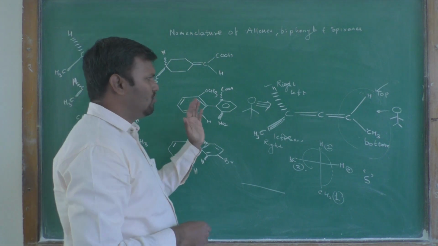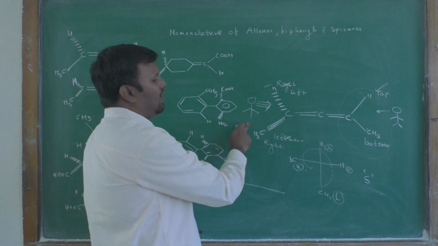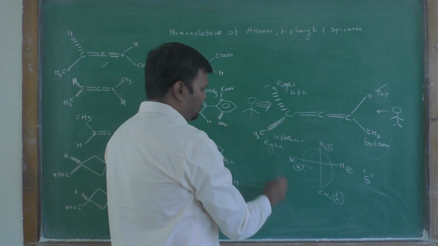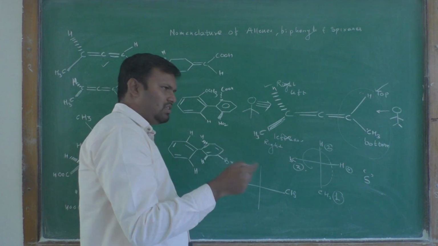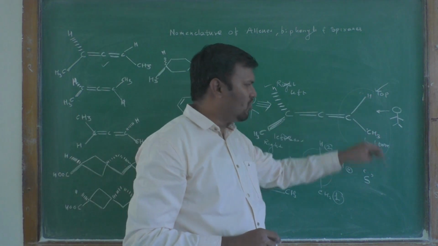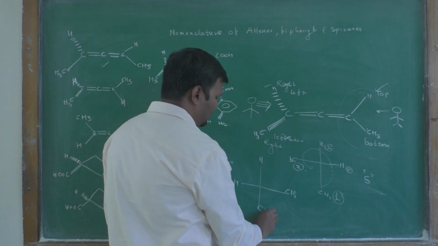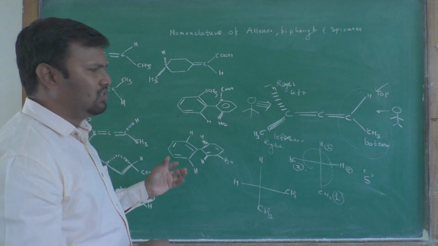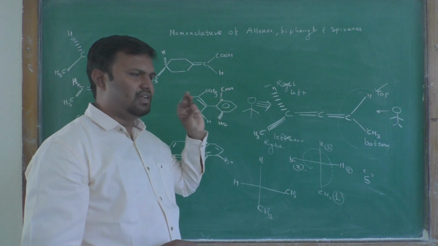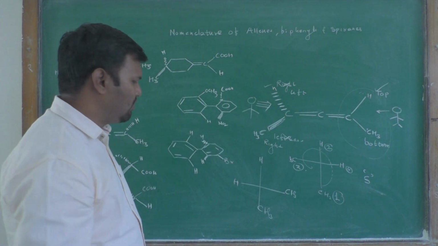Therefore, looking from that side, on the left-hand side there is the hydrogen and on the right-hand side there is the CH3 group. Then we previously assumed that is the top one and that is the bottom one, so you have to write hydrogen as the top one and CH3 at the bottom. In this case you have looked at this molecule from the left-hand side, therefore you have to give the priority to this group first.